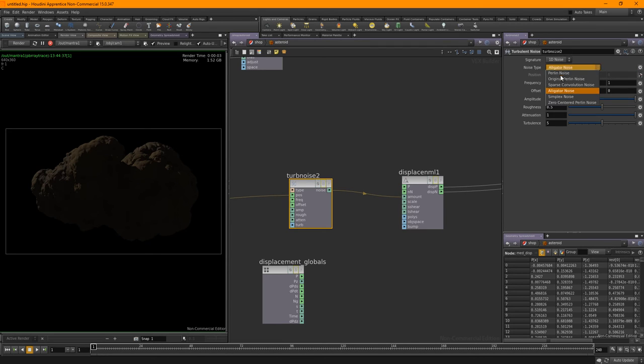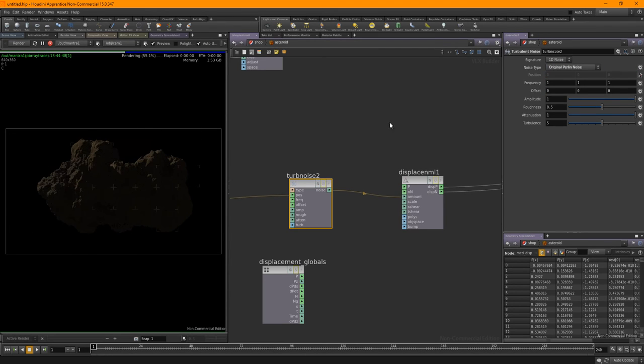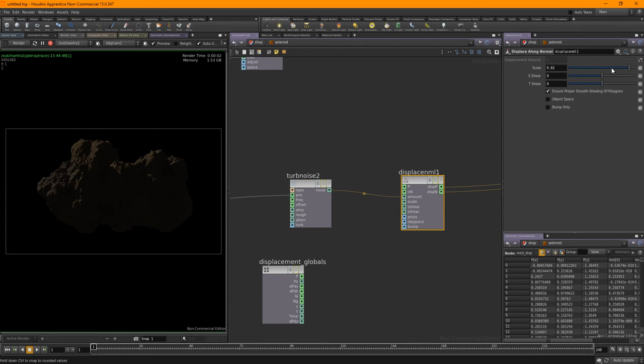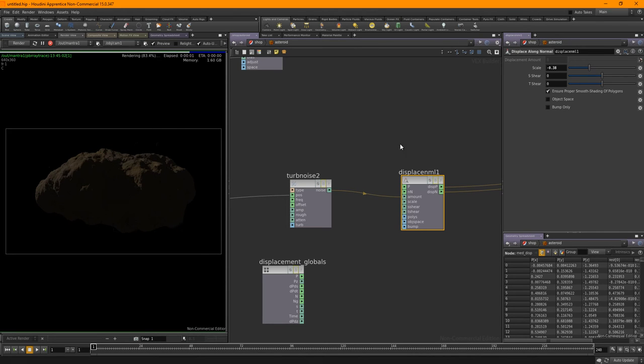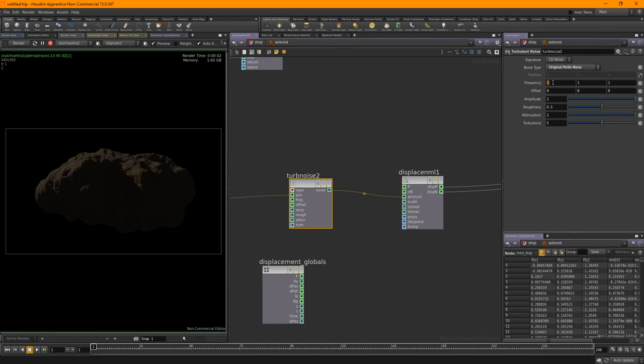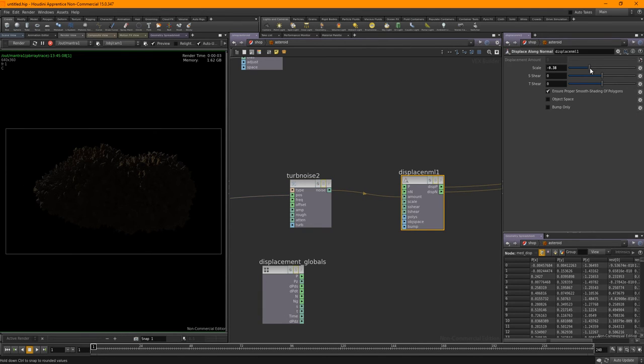I'm going to go with Perlin noise, original Perlin noise, because it's a noise that I do particularly like, and the scale I'm going to put in the negative values this time. And I'm going to increase the frequency in this and see what we come up with. That's a bit mental. So let's drop this down.